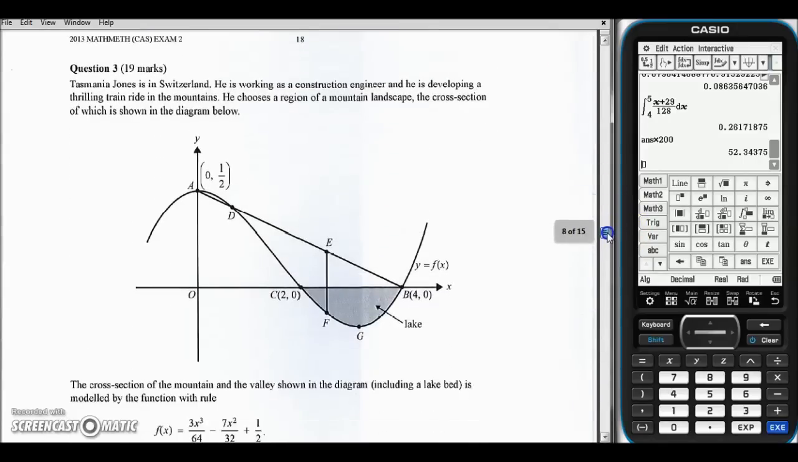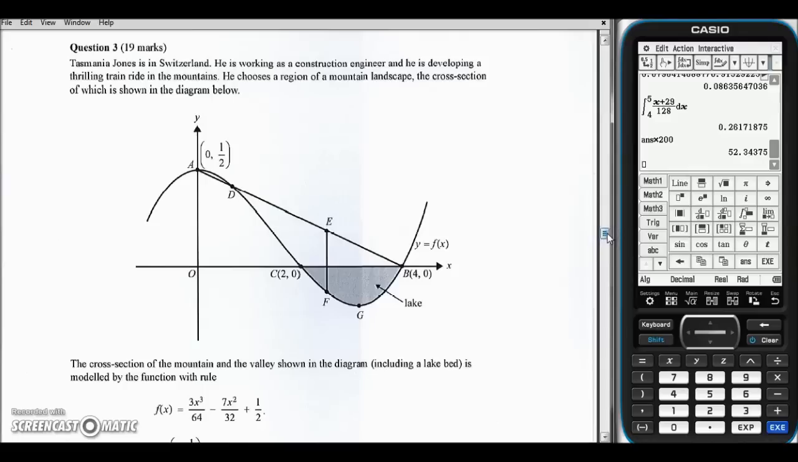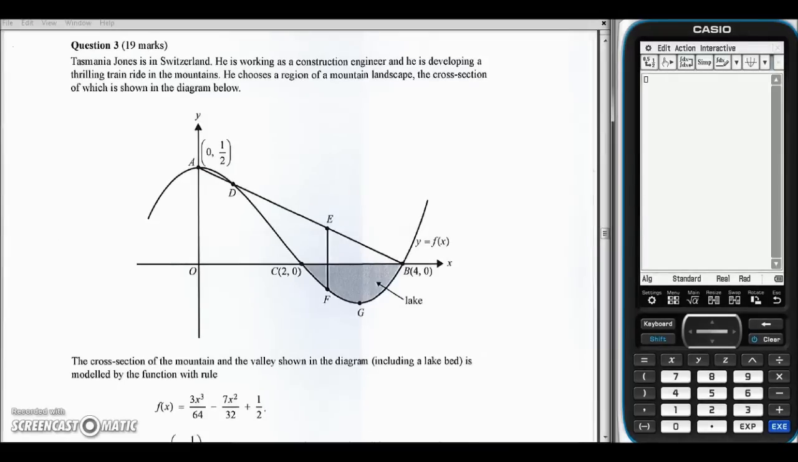Okay, so the next question, and it's Tasmania Jones time. I've cleared the calculator, let's do this. So in 2013, Tasmania Jones was in Switzerland working as a construction engineer. So here's our train ride through the mountains, and the cubic that is being drawn here is representing the mountain